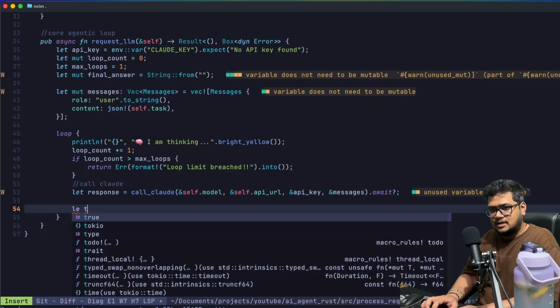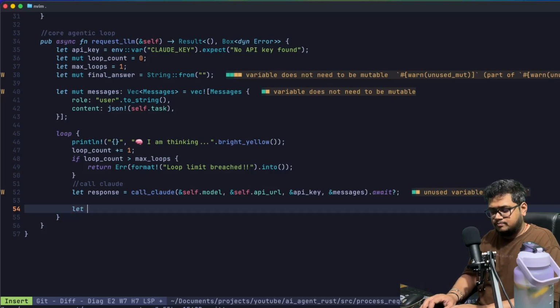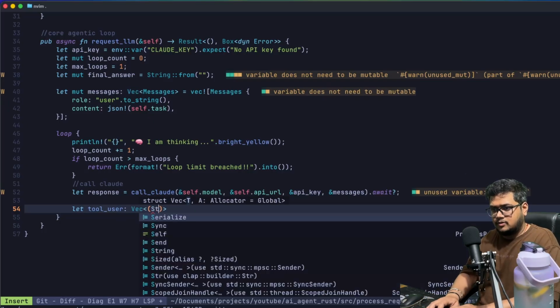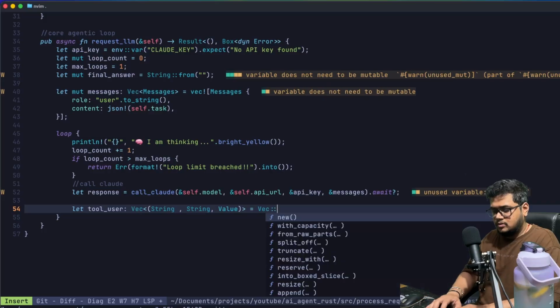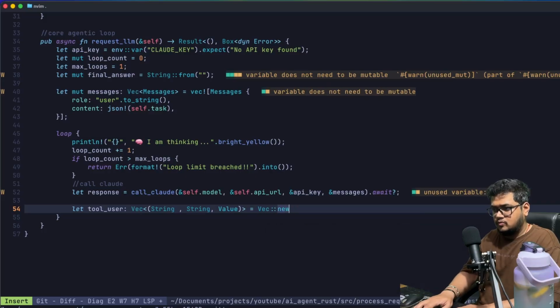I'll say let tool use, it would be a vector of a string and a value. This could be an overwhelming feeling right now, but I'll just tell you what this is for, right? See,